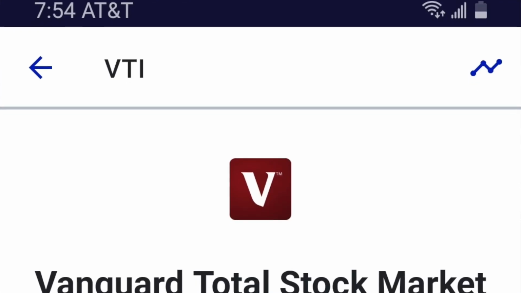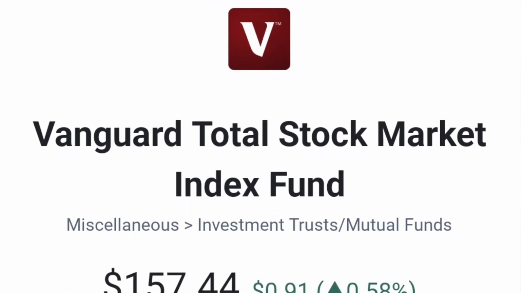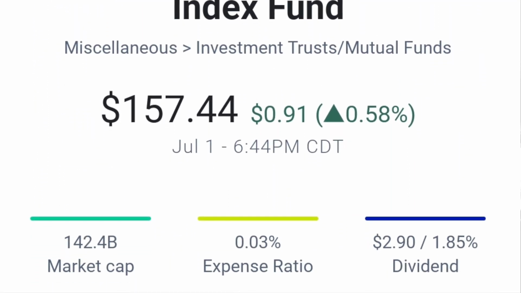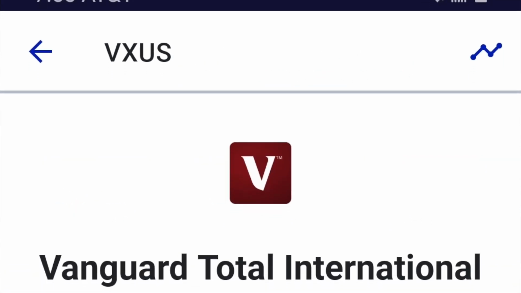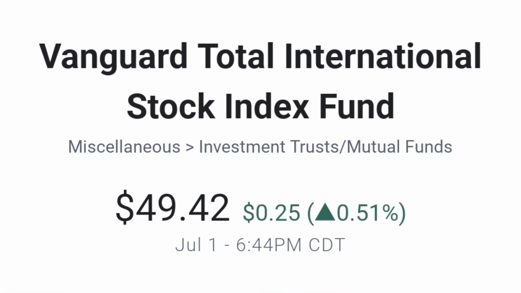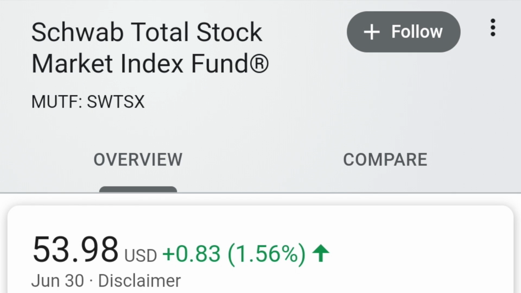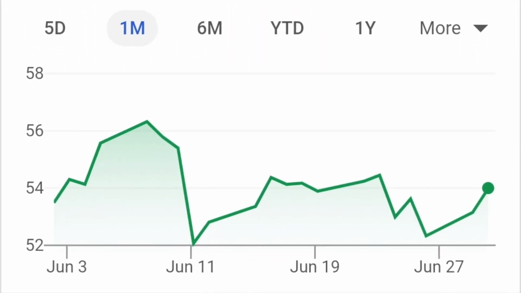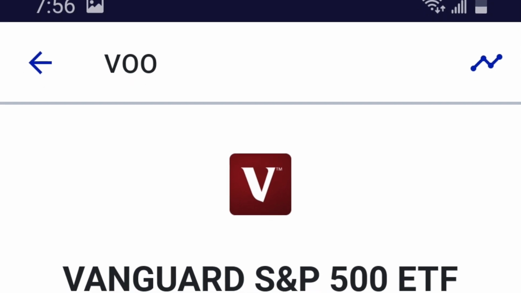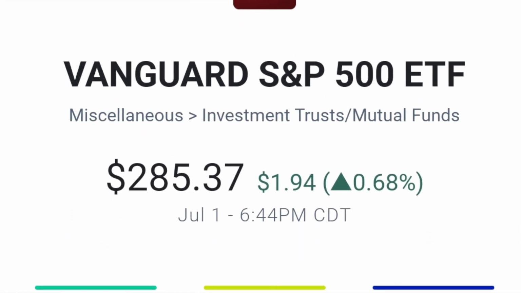So let's bring this home with an example which a lot of people love to use, and it actually is a fairly good example. So if you invest in the total stock market, this means every stock that's out there on the market, under the ticker VTI. And you also invest in the total international stock market index fund, that's under the ticker VXUS. In addition to these two, you also invest in the total US stock market index fund, or SWTSX ticker. And cap it all off, you decide to invest in the S&P 500, under the ticker VOO. And you set it up on M1 Finance so that all those funds are spread out among those four. So that means 25% each.